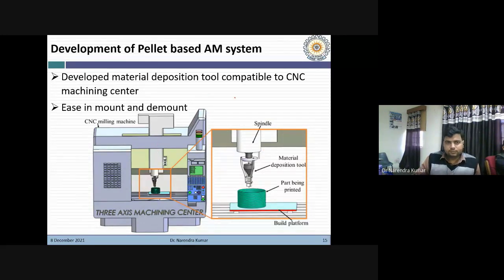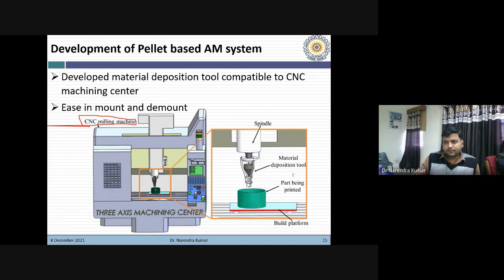So as I told you, we developed a pellet based additive manufacturing system in-house. So we used a CNC milling machine. CNC milling machine, you all know about CNC milling, right? So we used this CNC milling machine in a different manner. You can see, to use this CNC milling machine as the additive manufacturing system, we developed a material deposition tool, right?